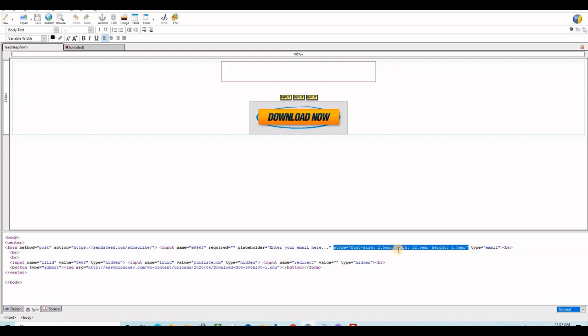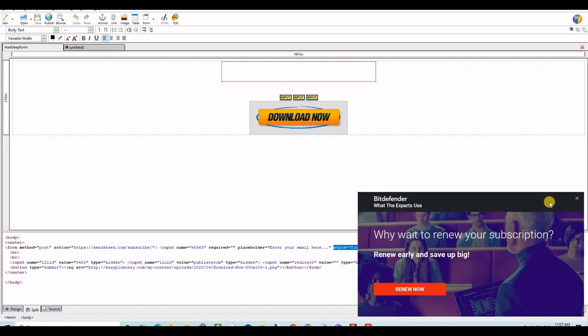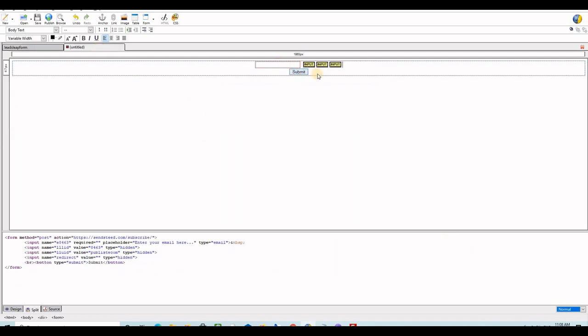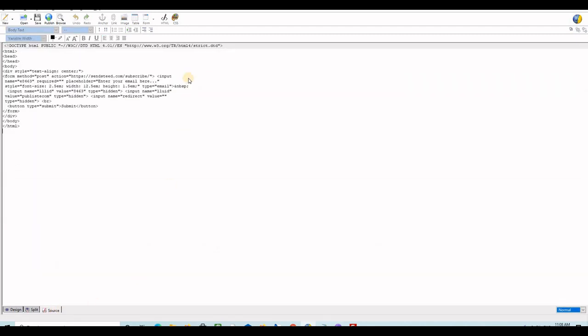So let's grab this piece of code, and by the way, I will leave this piece of code in the description below, as well as the button picture. I will leave these links here so you can use them for your own projects. So let me copy this code here until the quotes, Control C, and then I will go to the other page where I am working on the new form, and I want to paste it just before where it says type email. So I'm going to click here, space, and then Control V,